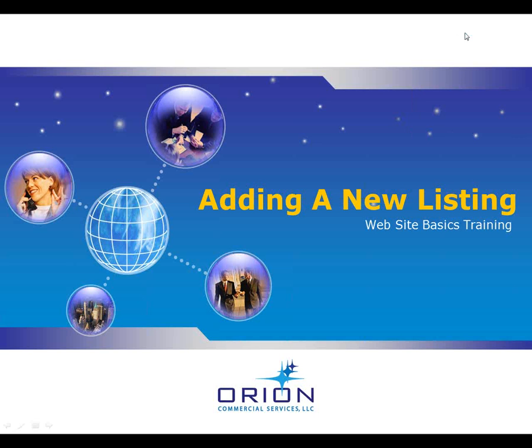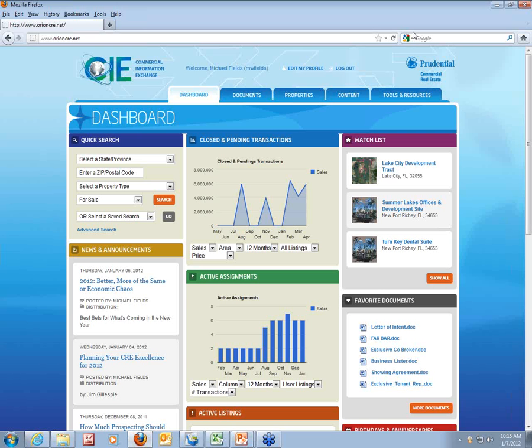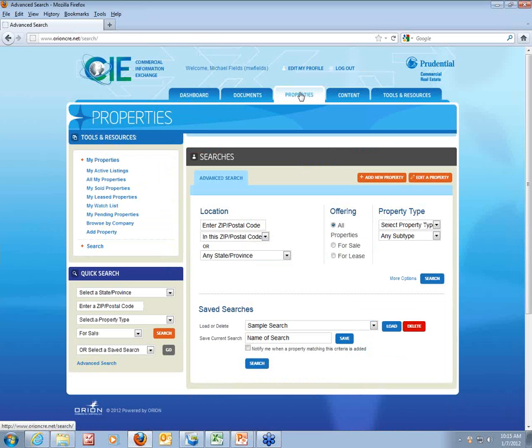Today we're going to take a few minutes to talk about how simple it is to add a new listing into the Orion system. So let's get started. From your Orion dashboard, you click on the Properties tab, and we try to make everything very intuitive. So you want to add a property, here's the Properties tab. You click on the Properties tab, and you can see from here there's a lot of things you can do